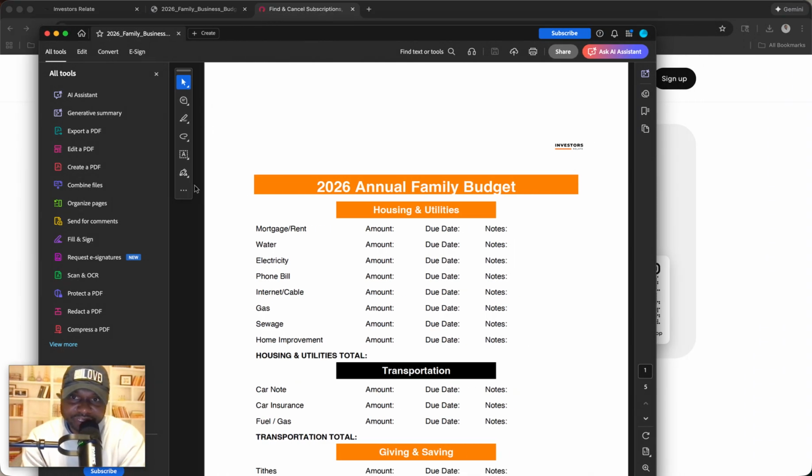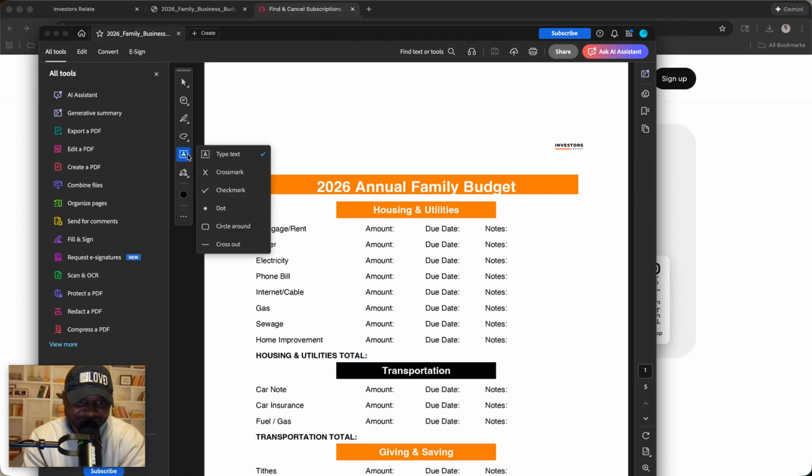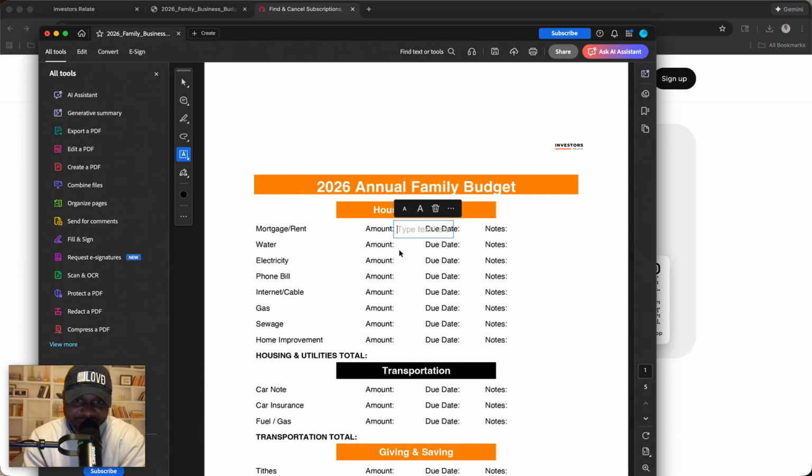And then the way you do it is, I'm not familiar with the phone. I use it on my app a lot. So let's see, I think this is text. All right. So yeah, this A right here, I think is text type. So basically in my amount, if my mortgage is $1,000 a month, or rent is $1,000 a month, put that 1,000 there. I can put a dollar sign in front of it if I want to, and then